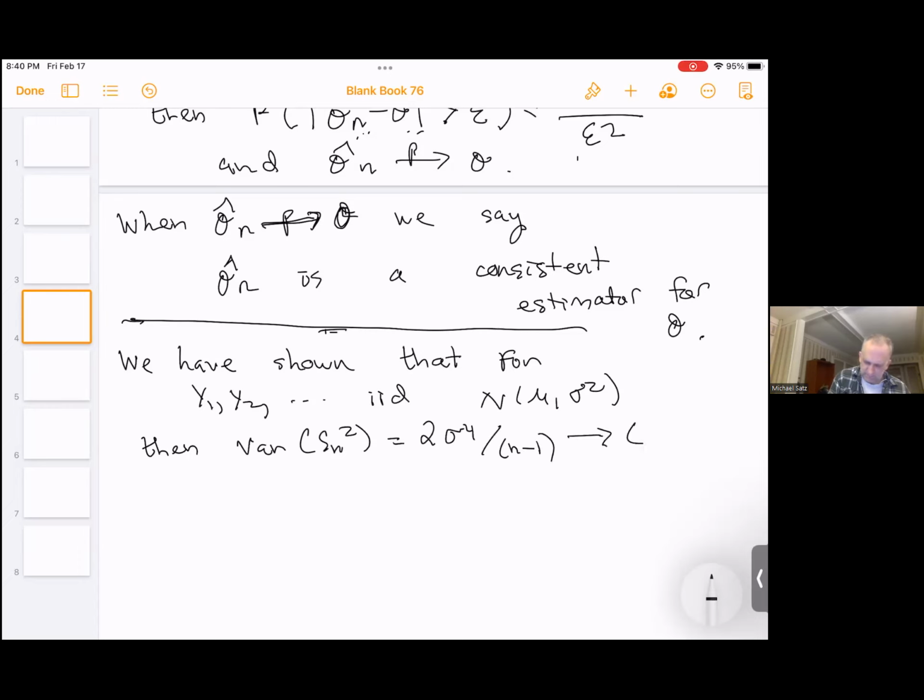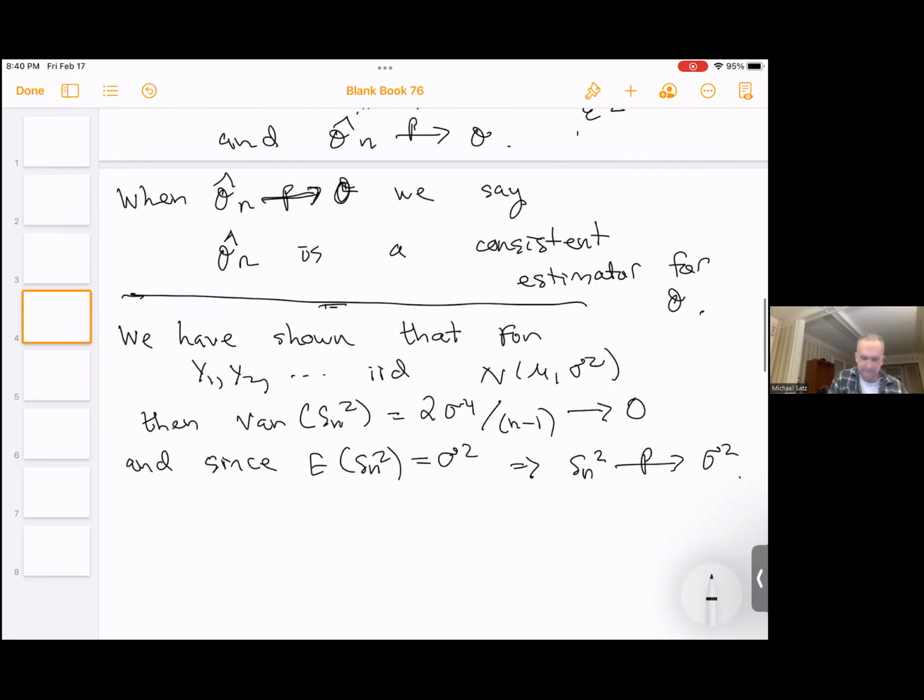So this goes to 0, and since Sn squared is unbiased always, we know it is a consistent estimator for sigma squared in this case when they're normal,